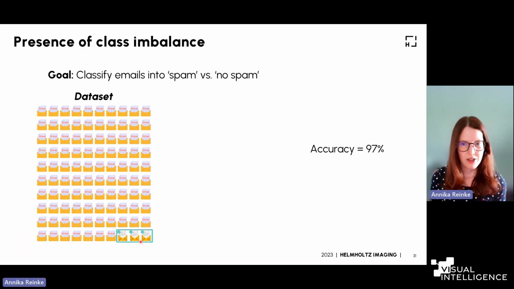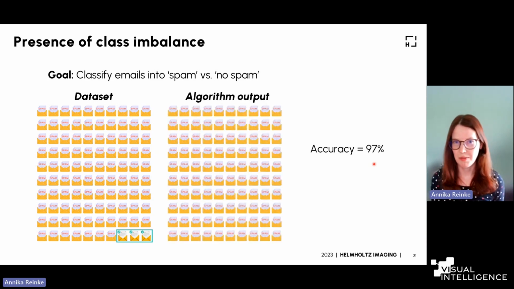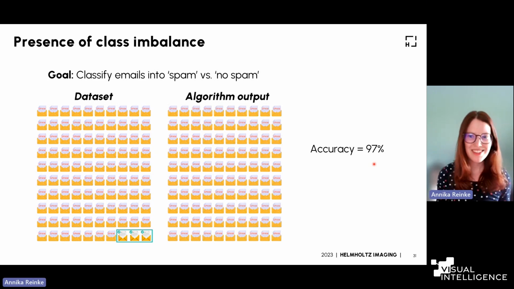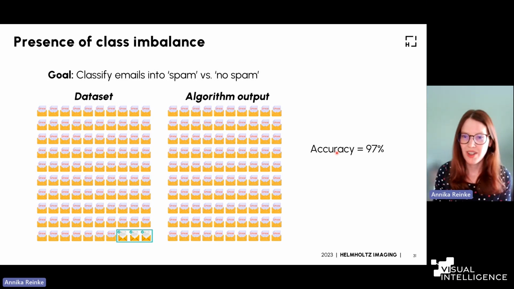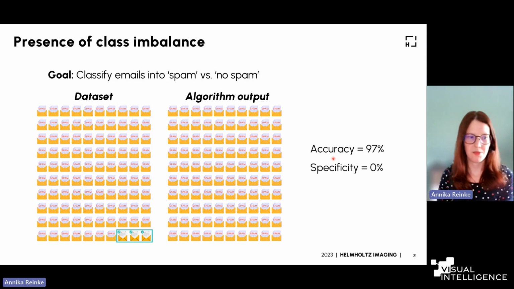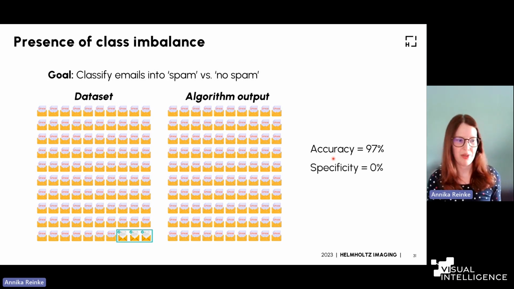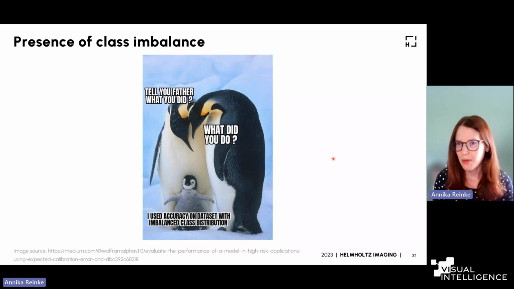However, we train an algorithm and we get an accuracy of 97%, which is of course a great score. However, we should think about what our algorithm is doing, because in this case, it will just always say that an email is spam, which makes it completely useless in practice. And the problem is that the accuracy metric, which is very common, is just not designed to handle class imbalance. And if we had used a different metric like the specificity, we would have seen that there's definitely something going wrong with this metric. And this pitfall is very popular, so you probably also know about it. There are memes about it, so this is something that you may have already faced.